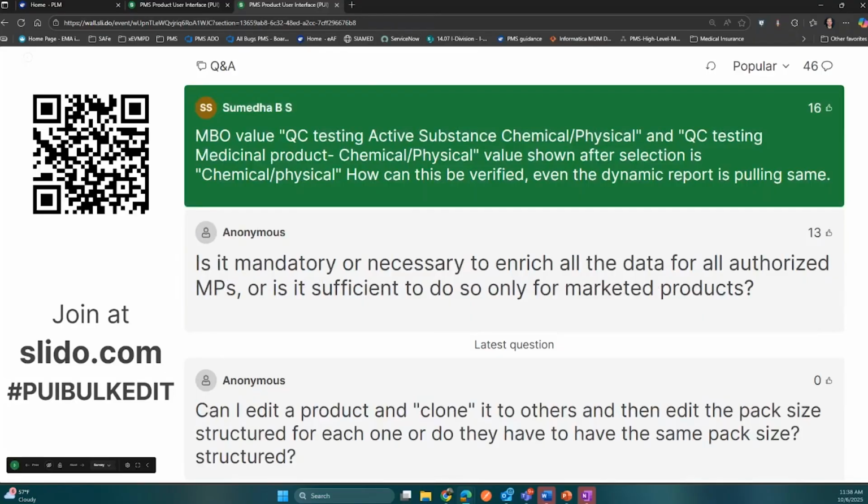So the next question is regarding what you can see on the selection. So if you have, for example, the MBO value that is QC testing the active substance, chemical and physical, and also for the medicinal product, the value that you can see in the UI and in the report is chemical physical. So it's very difficult to verify which is the correct one. That is correct. This is because we are using the short name in the reports. So this is something that we might need to change to make sure that you are able to review the data, that instead of using the term name from the RMS list, we use the short name, which contains all the information. So this is something that we need to take into account, because it's a bit of a blocker to review the data in